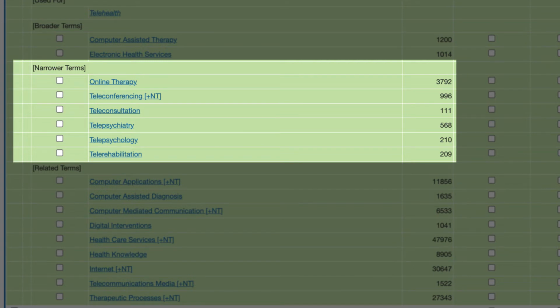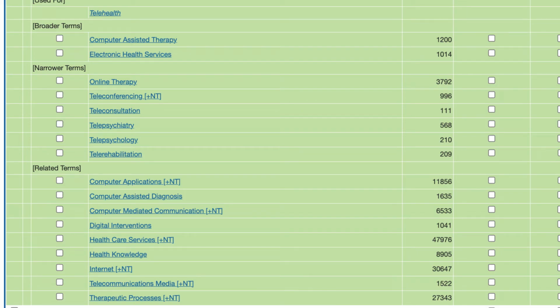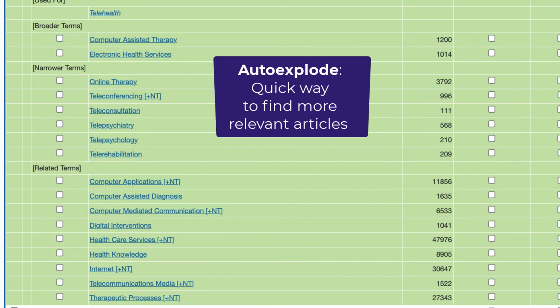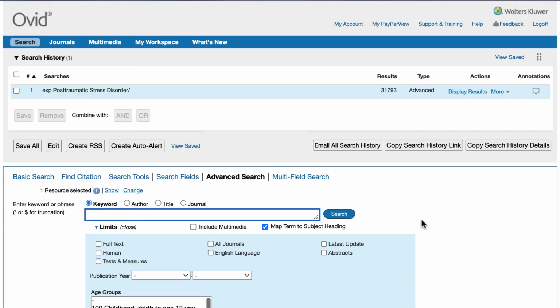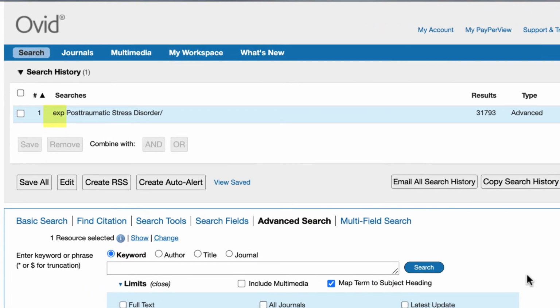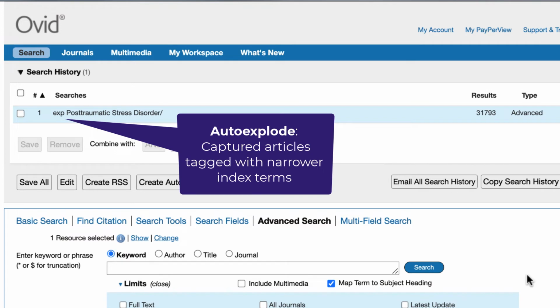When the Auto Explode button is selected, APA PsycInfo searches for the main index term, in our example telemedicine, but also looks for articles tagged with any narrower terms. So if we auto-explode telemedicine, we'll also find articles tagged with online therapy, teleconferencing, and teleconsultation. Auto-explode is a quick way to find more articles that might be relevant to your topic. Remember that EXP we saw in front of post-traumatic stress disorder? This means that we used auto-explode with this index term, and therefore also captured articles that are tagged with narrower